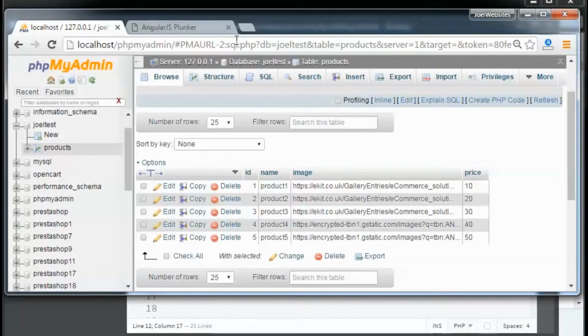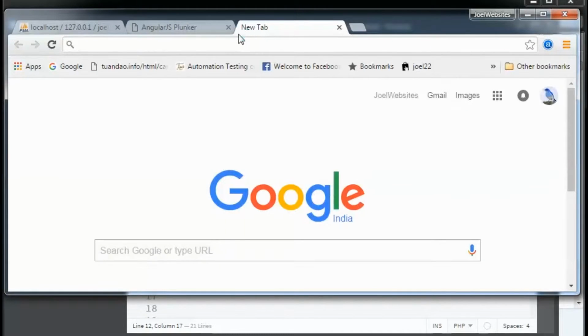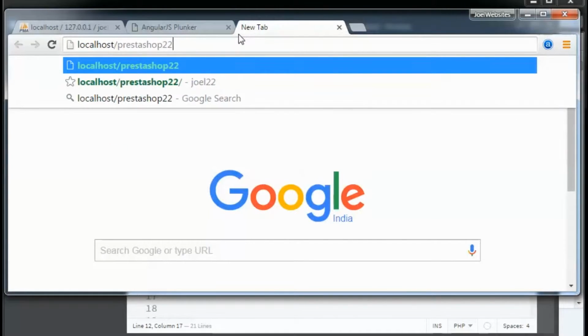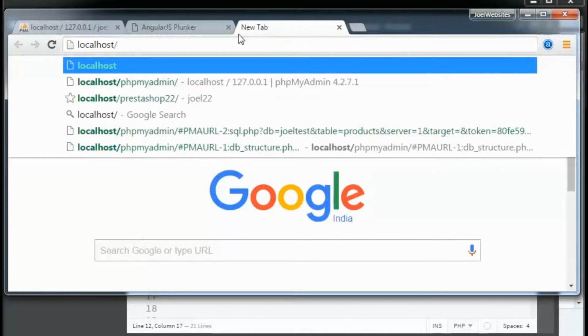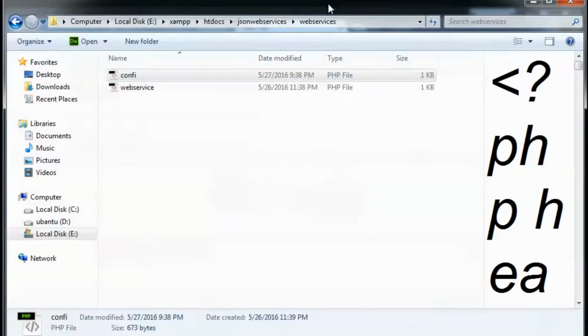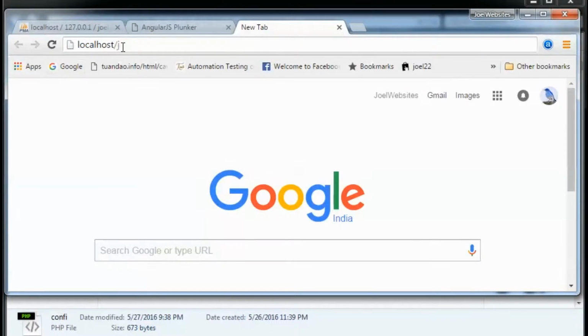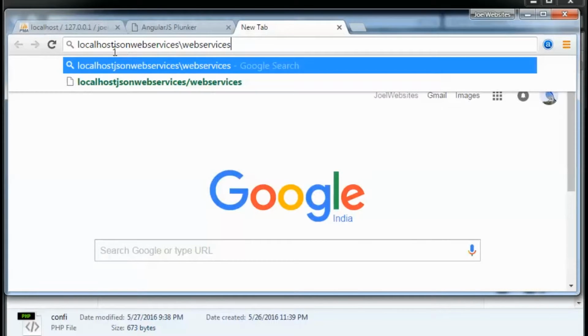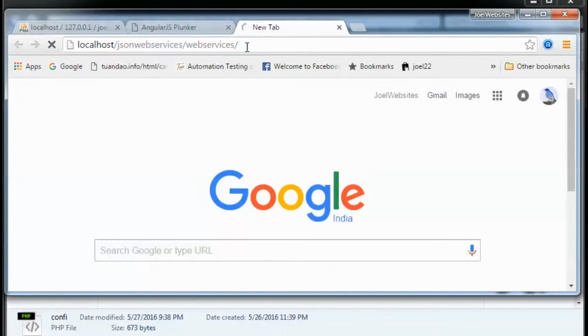I'm going to go to my localhost, and I'm going to go to the folder JSON Web Services to ensure that I'm typing the correct spelling. I'm just going to copy paste this in. So let us press enter and see if we get the folder correctly.